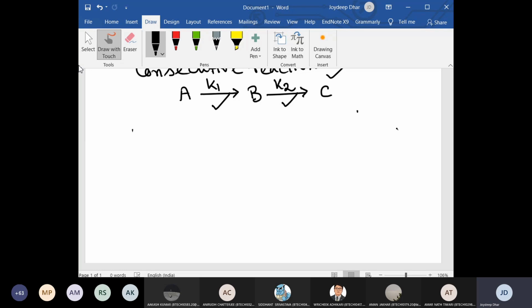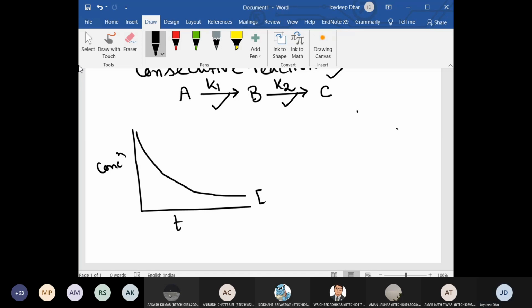So first case, concentration versus T. Component A will be constantly decreasing with time, so first order reaction. And now what will be the concentration of C? C will be constantly rising,